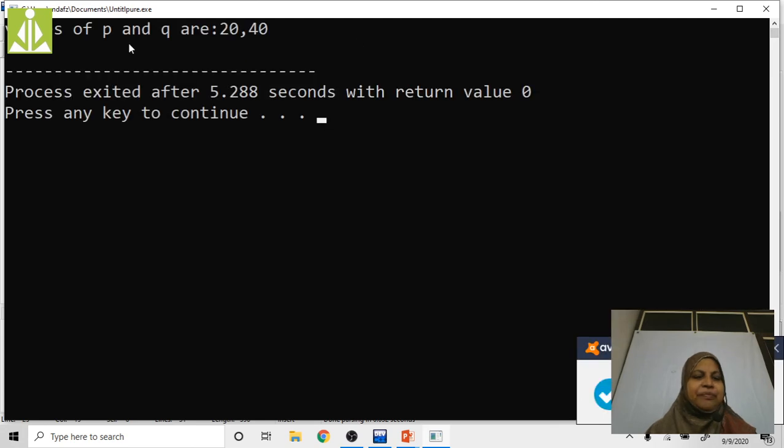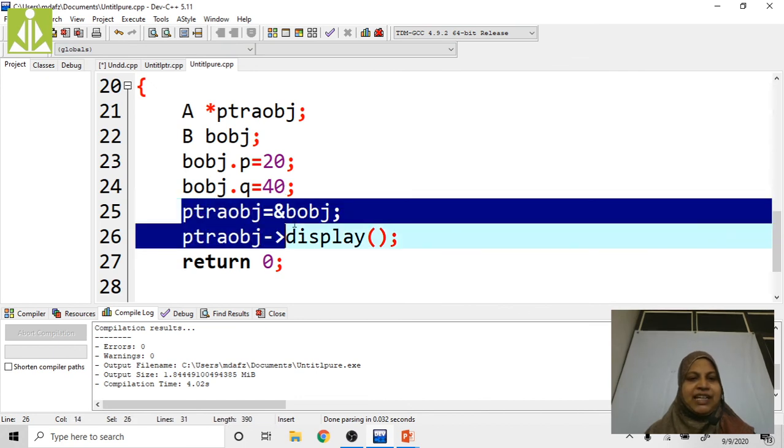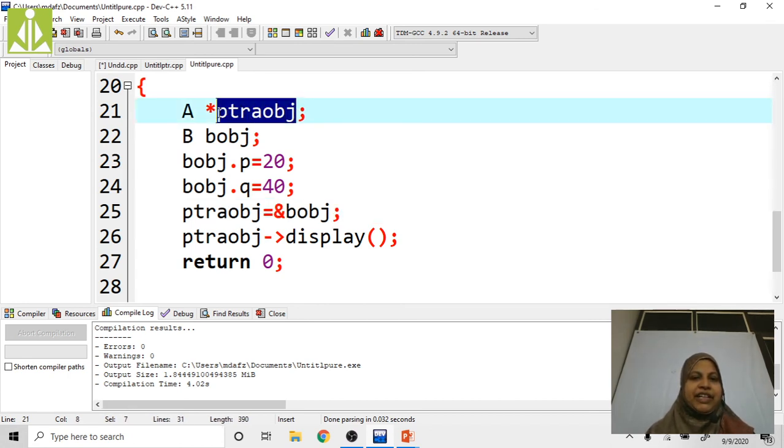See here, values of p comma q are 20 comma 40. Previously we didn't get any output because I was not assigning the reference of bobj to ptraobj, the pointer variable of the base class.